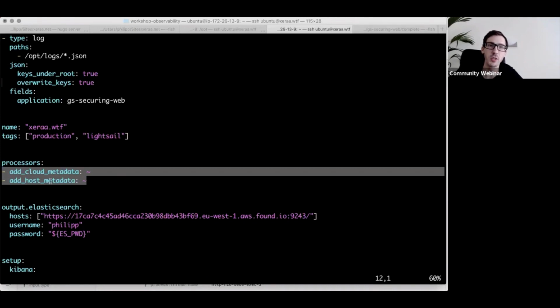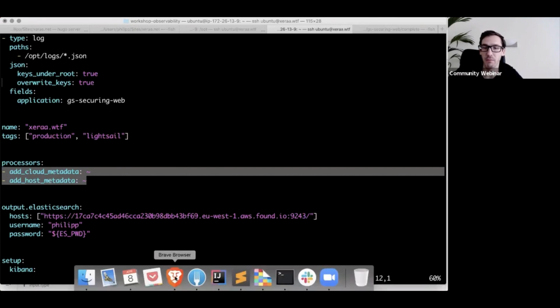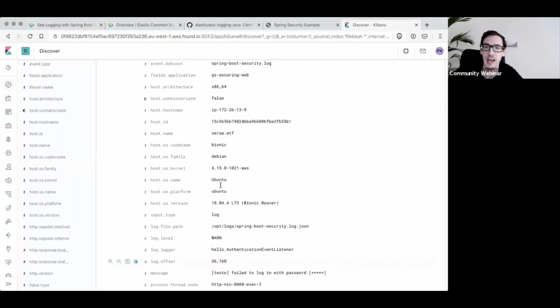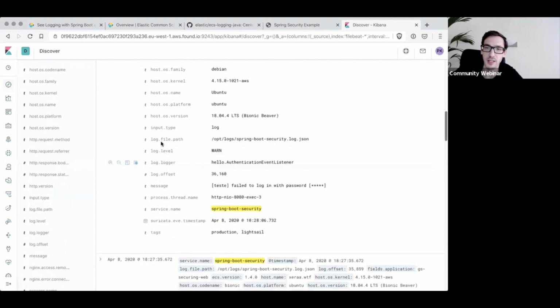If you don't need those, disable the option. It will just add more fields that you might not need, but it's good to have the option. If you run on Docker, you can add Docker metadata. If you run on Kubernetes, you can add Kubernetes metadata, which can all be useful if you need them. You don't have to. And then further down, we can see now in log dot, we have the specific log